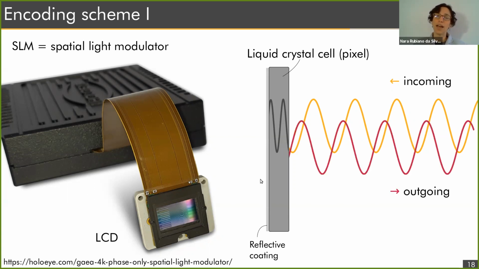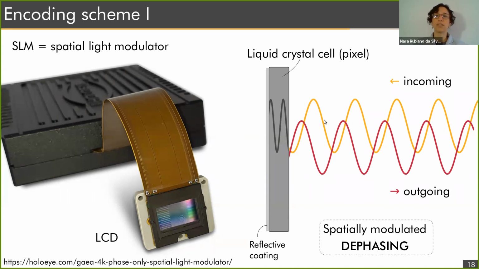And then when the light leaves the cell, the outgoing wave will not necessarily have the same phase as it had when it came in. The amount of the dephasing can be determined by the gray level of each pixel, because we can control the refractive index, as I said. Therefore, we can spatially modulate the phase of the light wave coming to the SLM surface, okay?